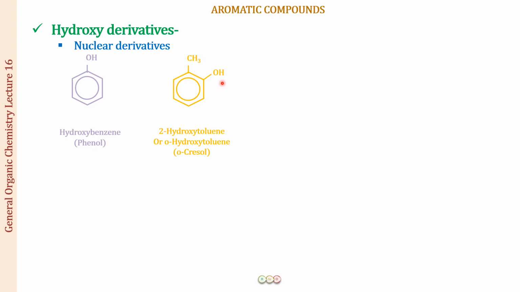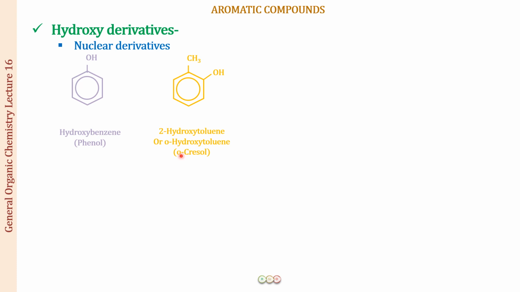Okay, and the next we have is a disubstituted product, where there is a CH3 group and an OH group. If you want the IUPAC name, it is going to be hydroxy and methyl, H coming before M. So it will be 1-hydroxy-2-methyl benzene. But what is the name that we use? The parent hydrocarbon is going to be toluene, and then at position number 2 we have the OH group. So we refer to position number 1 for the CH3 group and position number 2 for the OH group. So this becomes 2-hydroxytoluene, or orthohydroxytoluene, or the common name which we use for it is orthocresol.